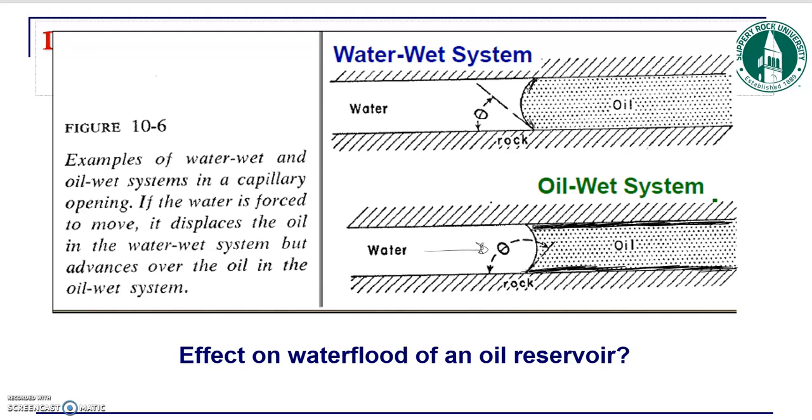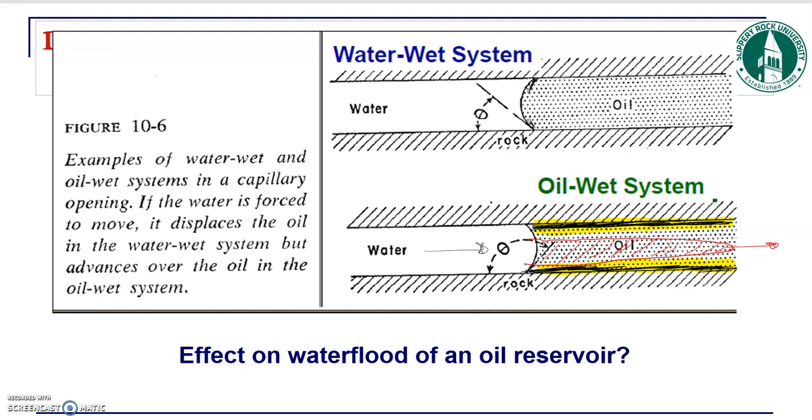fingering. So the water will finger through the oil and remove this part of the oil, produce that part. However, it cannot remove the oil which is attached to the surface. So this area close to the pore wall cannot be removed by water, and water can only remove the central part